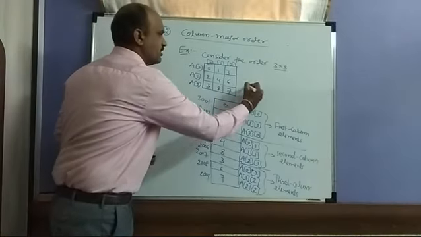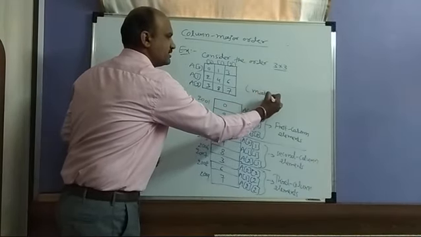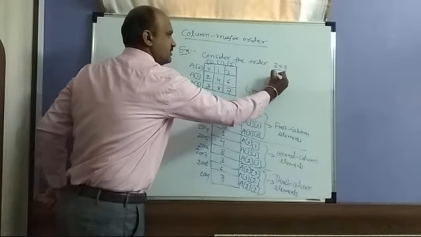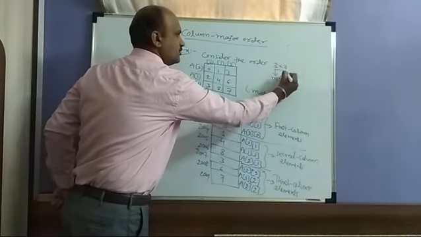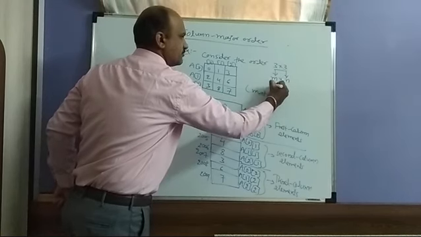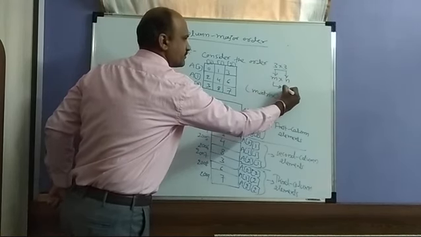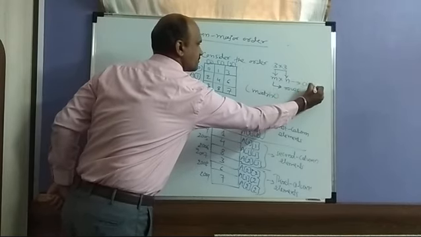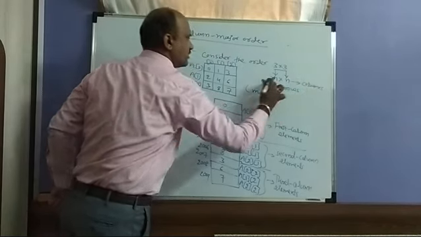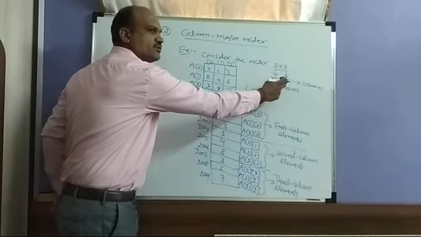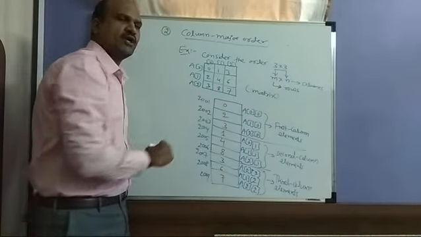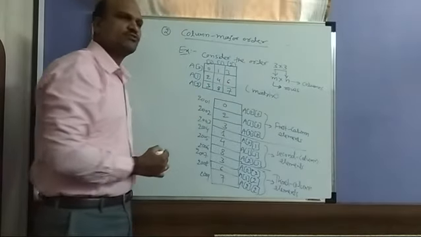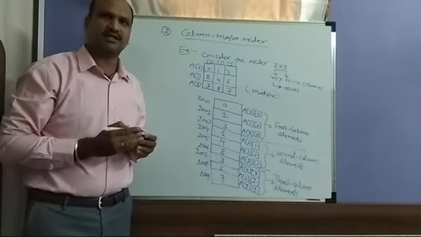So this is what we call a matrix of 3 by 3, that is 3 rows, 3 columns. Here m into n: m represents rows and n represents columns. So m into n, 3 rows, 3 columns. In total we should have 9 elements: 1, 2, 3, 4, 5, 6, 7, 8, 9. So a 3 by 3 matrix with 9 elements.